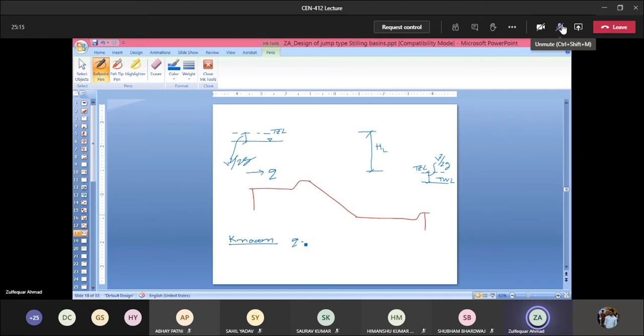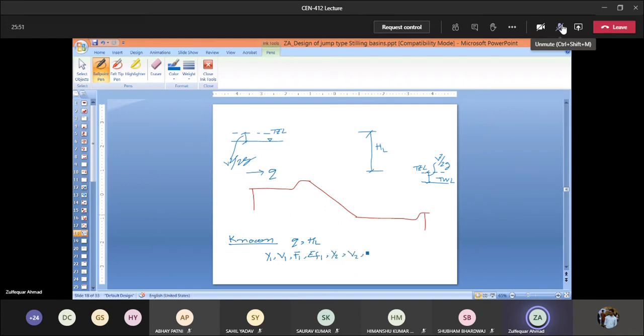This is q and HL. Now, in a classical hydraulic jump, if you know the small q and the HL, the energy loss, you can get all the parameters. You can get the pre-jump height, the velocity V1, the Froude number, and EF1, which is the specific energy upstream, and you can get this Y2,